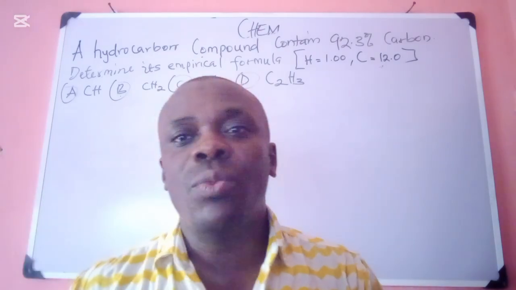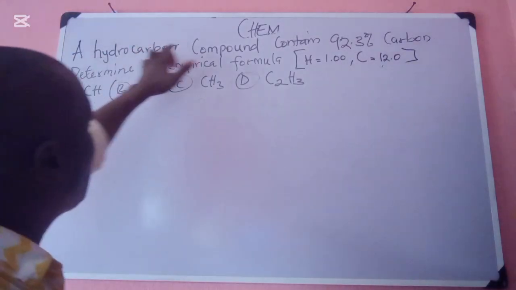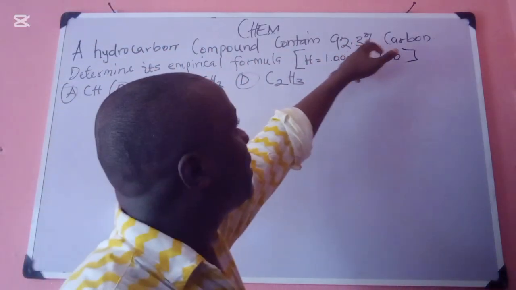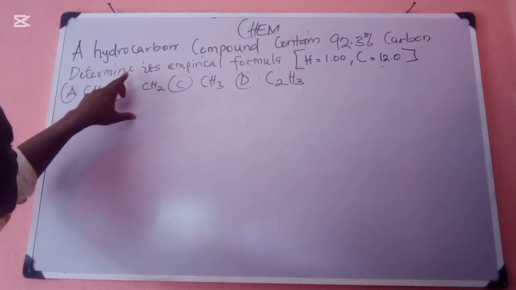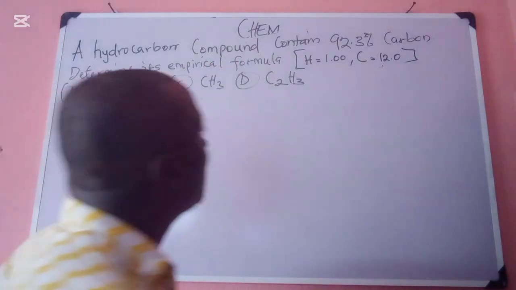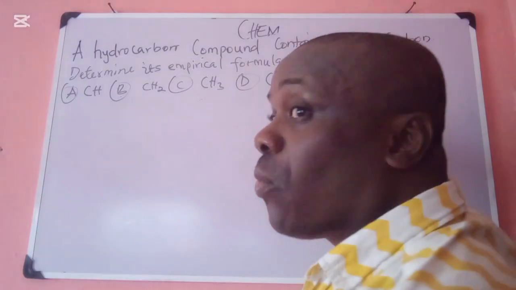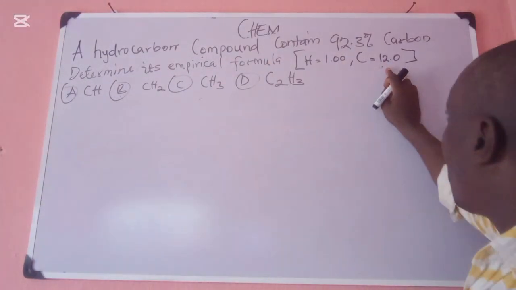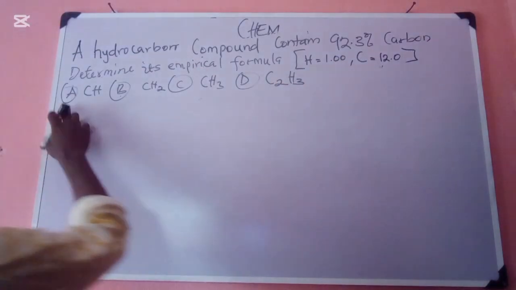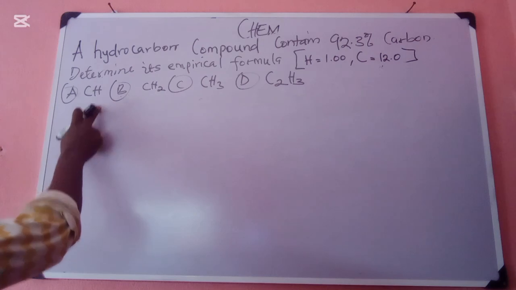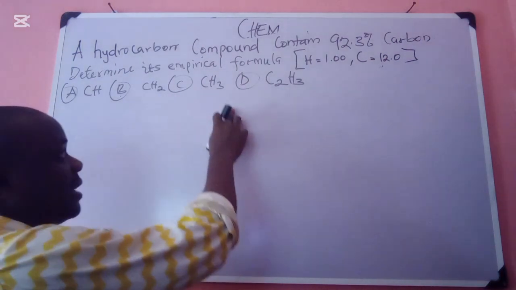For instance, the question on the board says a hydrocarbon compound contains 92.3% carbon; determine its empirical formula. The mass number of hydrogen is given as 1, the mass number of carbon is given as 12, and the options are: A is CH, B is CH2, C is CH3, D is